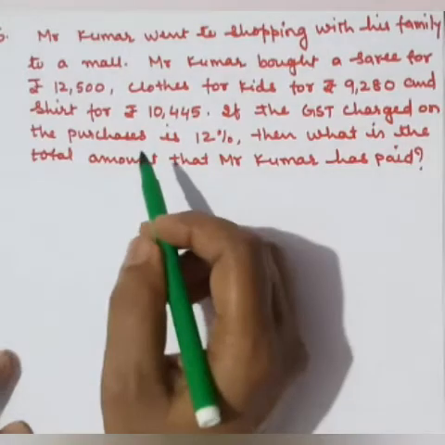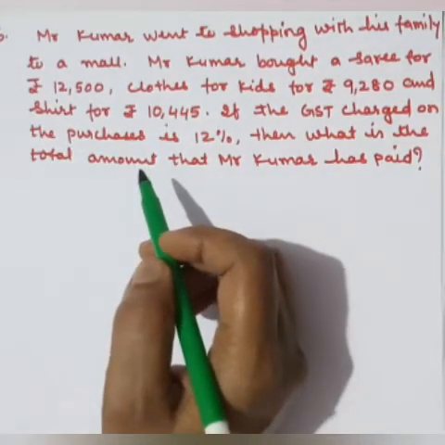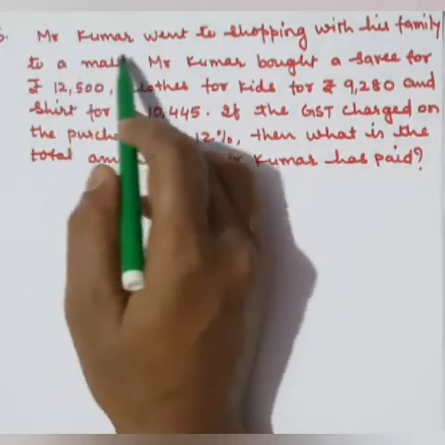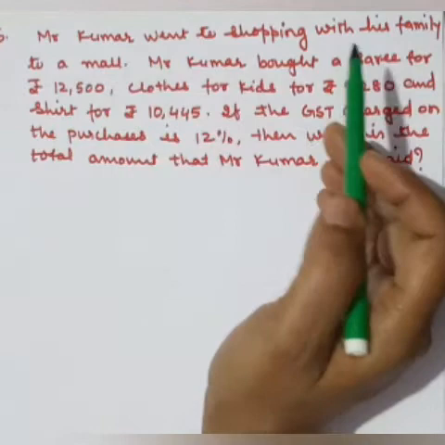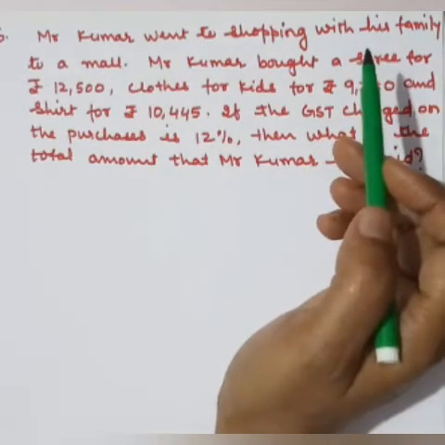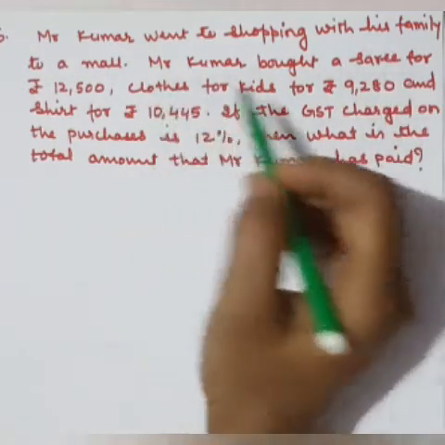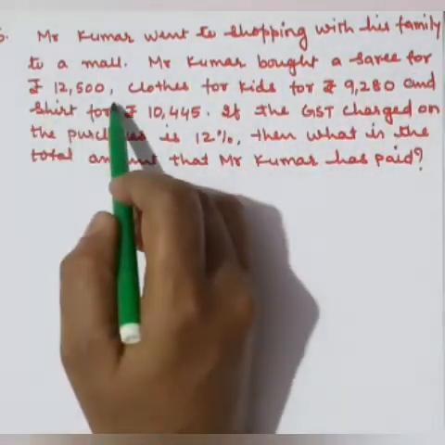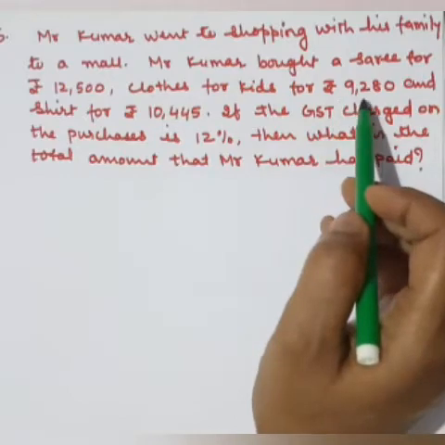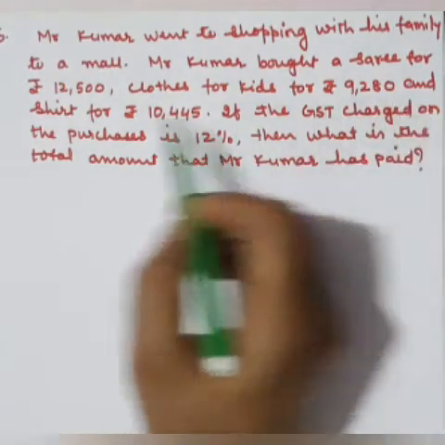Now let us see question number 6, chapter 5, brain teasers. Mr. Kumar went shopping with his family to a mall. We also go to the mall and we buy a lot of things. Let us see what Mr. Kumar has bought. Mr. Kumar bought a saree for rupees 12,500, clothes for kids for rupees 9,280 and a shirt for